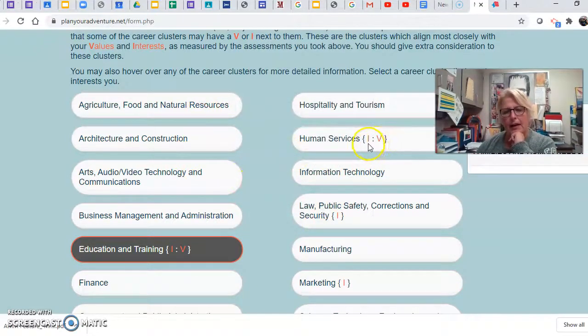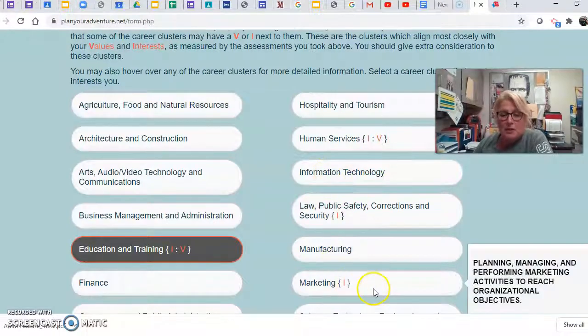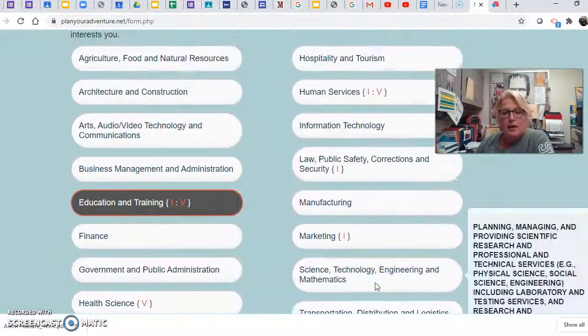Some of them have an I behind it or a V. I means that's a career cluster that matches my interest inventory results, and the V means it matched my values assessment. So those could be good recommendations, but I also want to